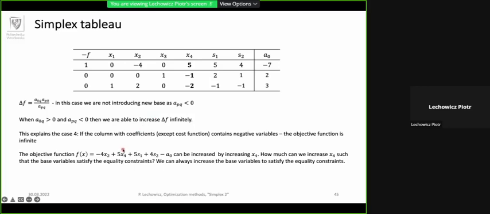If we increase the x4, we need to increase the a0. No, if we decrease the x4, if we decrease this value,